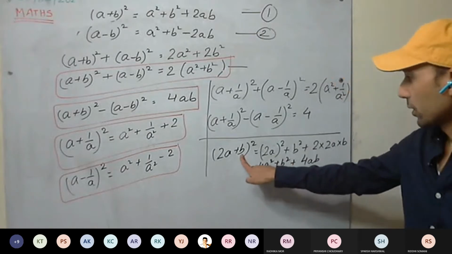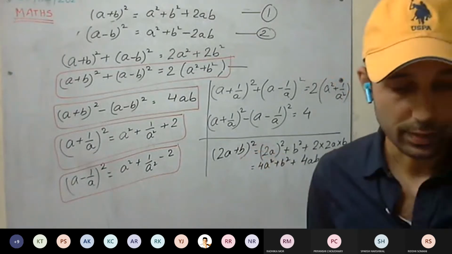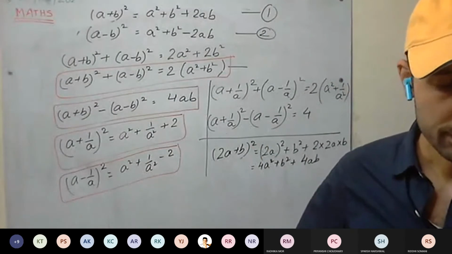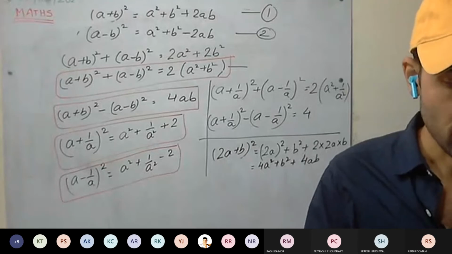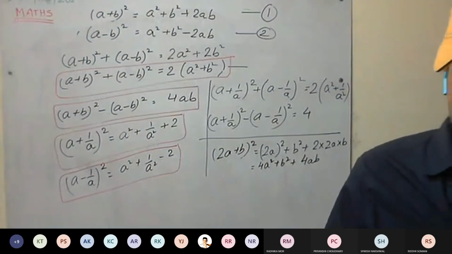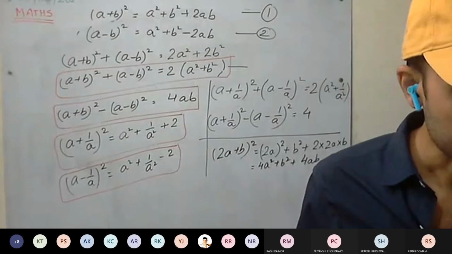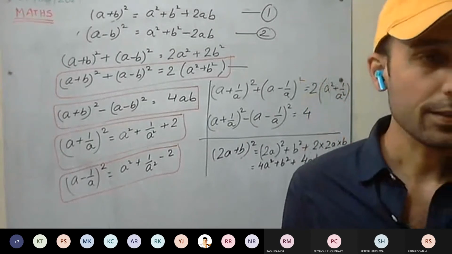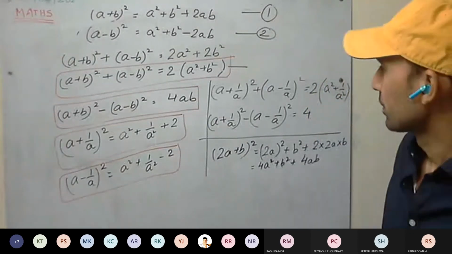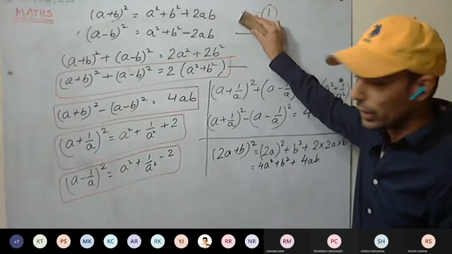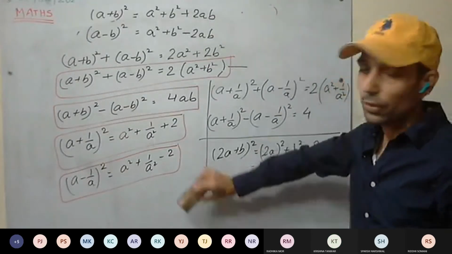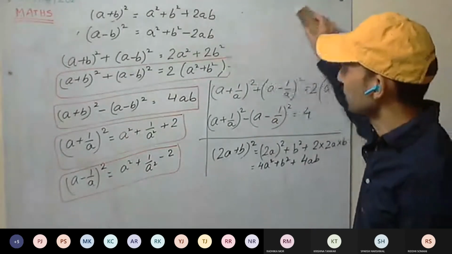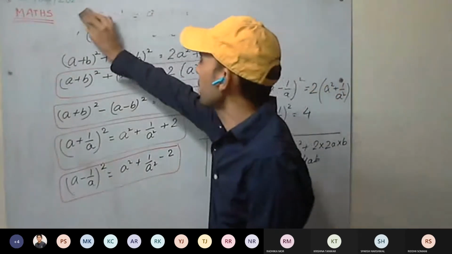We have found (2a plus b) the whole square. Find the square of the others, so solve them. Okay. The first question will be homework, and tomorrow we'll start them. Is this clear to everyone? Does anyone have a doubt? If you are not having doubt, you can leave the class. If you're having doubt, do ask. So these identities, revise once at home, try and solve them yourself with pen or pencil.